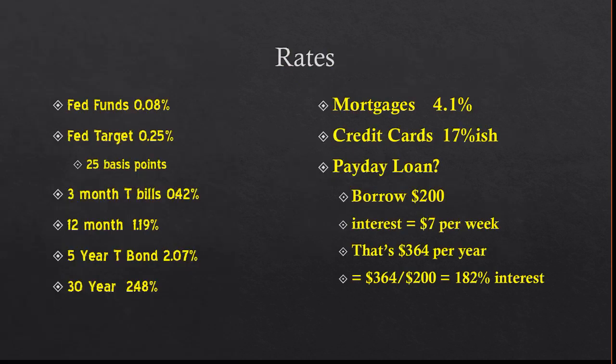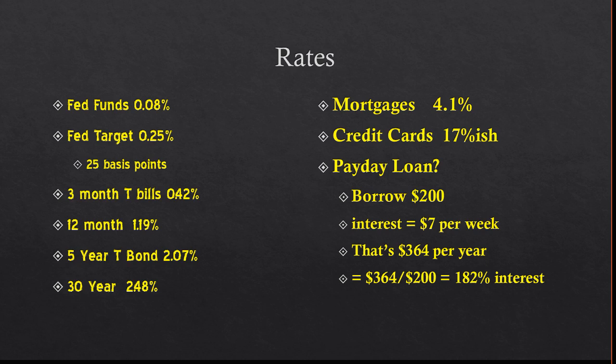So here's some interest rates right now. And again, these change by the second, so live with it. The federal funds rate, which is the lowest public kind of interest rate on the planet, is 0.08%. The Federal Reserve's target is 0.25%. The Fed's about to raise that either to 0.5 or 0.75, and we'll see what effect that has on the